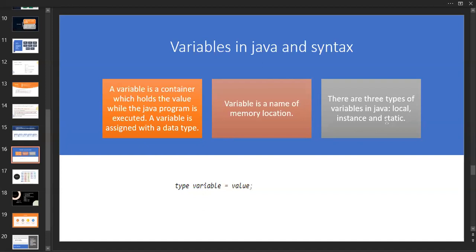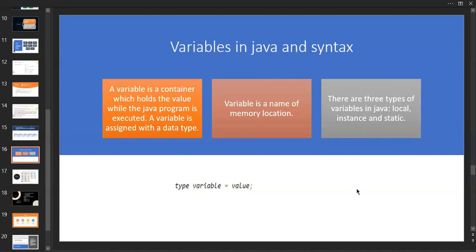Outside a class, it is not possible to declare variables. So that's why inside the class only we have to do that. Why? Because a class is the collection of methods and variables and statements. Class consisting of statements. So here you have to remember that inside Java we have only 3 variable types. What are they? Local, instance variables, and static variables.